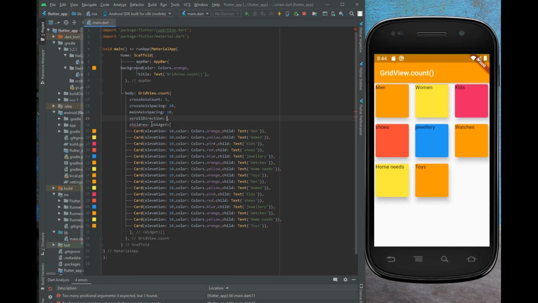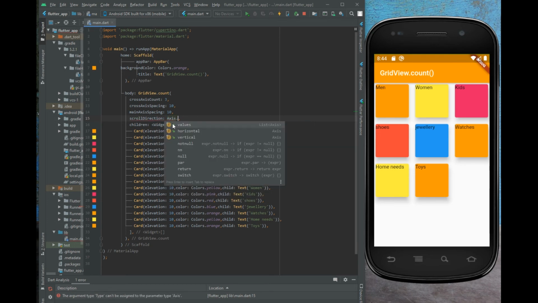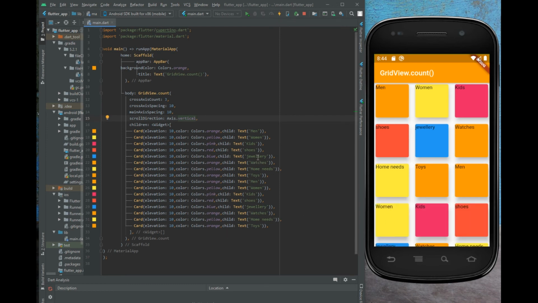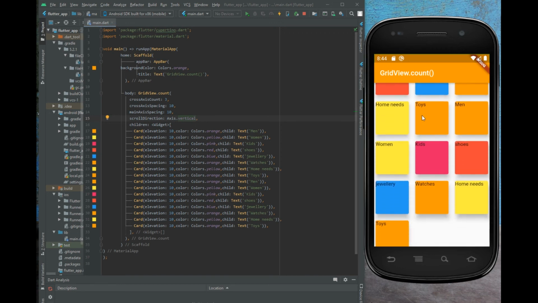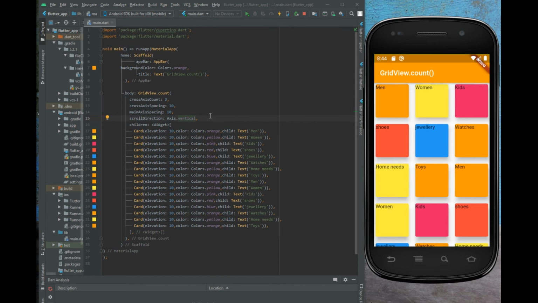Let me use scroll direction and Axis.vertical. Okay, save and run this. You will get all these widgets in this grid view count, and if I scroll, it is scrolling in the vertical direction from top to bottom.